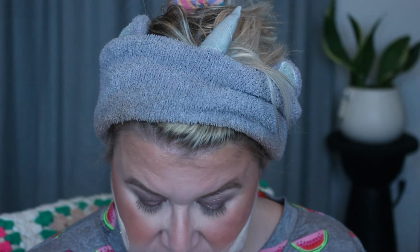Gosh, isn't that a pretty color? Pretty everyday color. Okay, actually, I want to put the yellow underneath and in the inner corner. So we're going to play a little bit with that, but that is stunning. Oh, that is so pretty. Please stay. Please, please stay. I have a feeling there's going to be at least a little bit of creasing there, but...